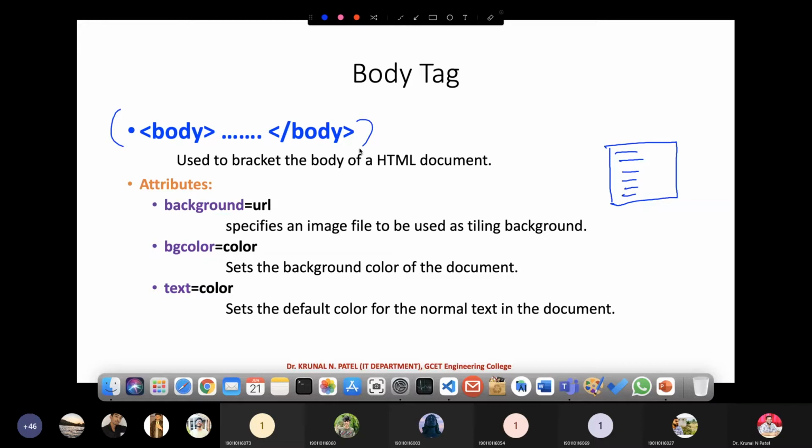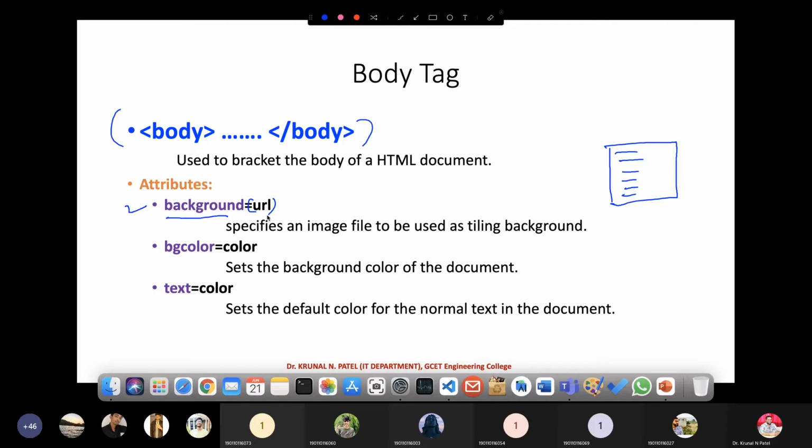So first of all, background, right? Suppose, for example, you want to set a background image. If you are expert in Photoshop, and if you have designed a beautiful background file, one image you have designed, and if you want to put that image instead of a color, instead of setting the color, if you want to put the whole image in the background, then you can use this background property.